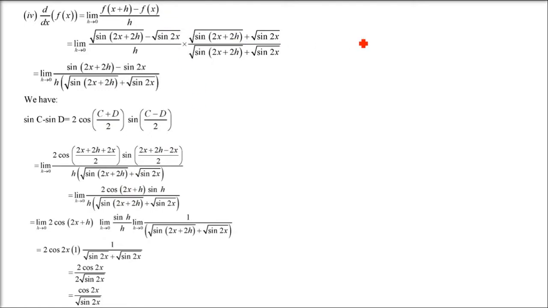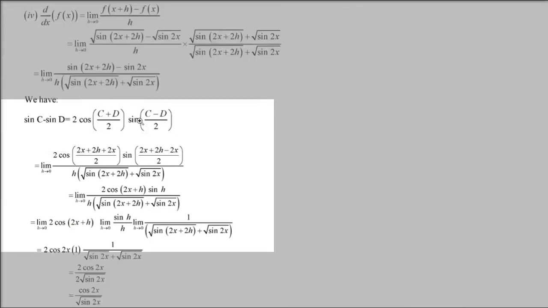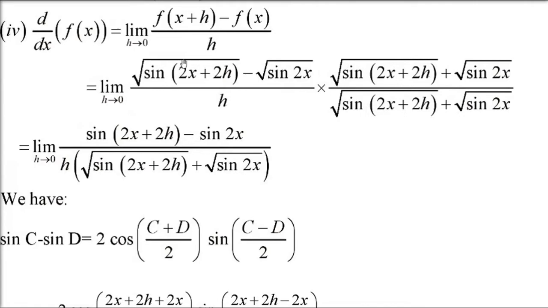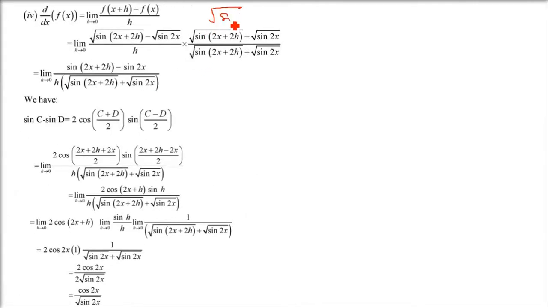Now the fourth one also will take time, so I am going to tell you here only. Wherever this under root will come, and in all the questions, the eighth question is also like this, wherever this under root will come, please remember you have to apply the RF, rationalization factor. So what is (f(x + h) minus f(x)) by h? So f(x) is this one, under root sin 2x. Now apply, take x as x plus h.